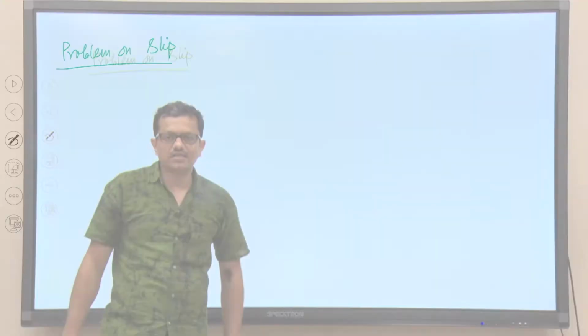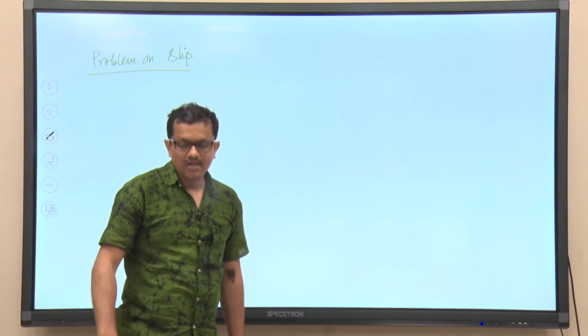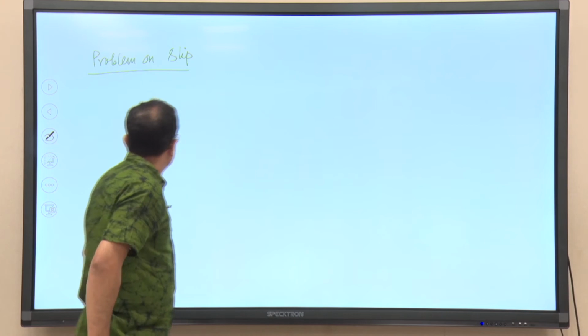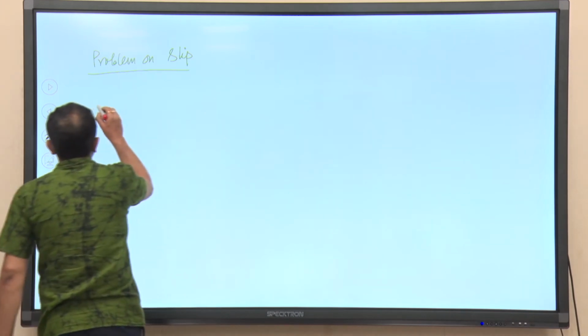From that statement, we shall try to understand the meaning of slip. So, if I try to write the problem first, and then we will try to discuss the solution method. So, problem on slip. As I said, let me first write the problem statement, then we will systematically discuss the solution methodology. So, the problem statement is